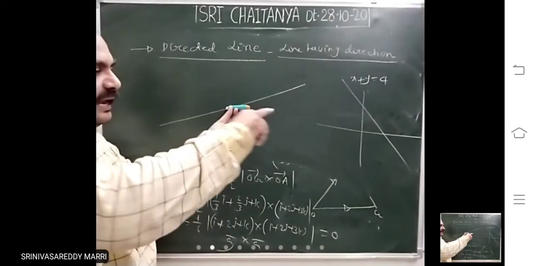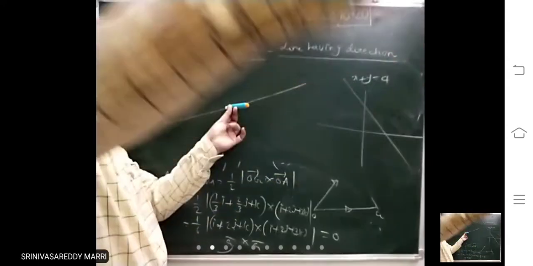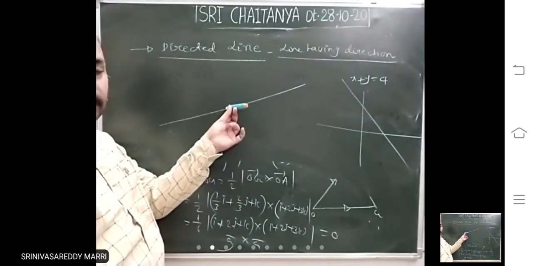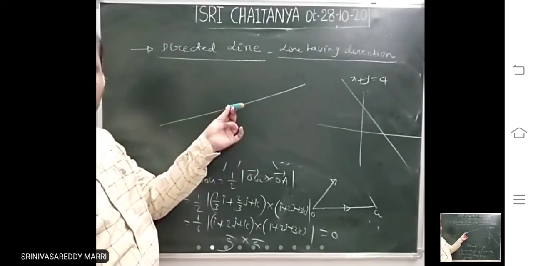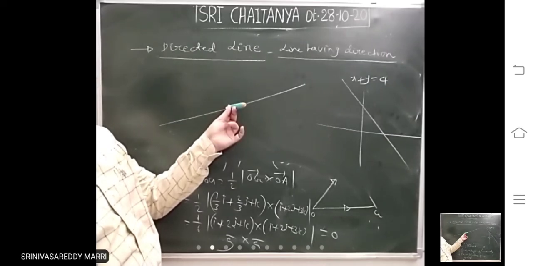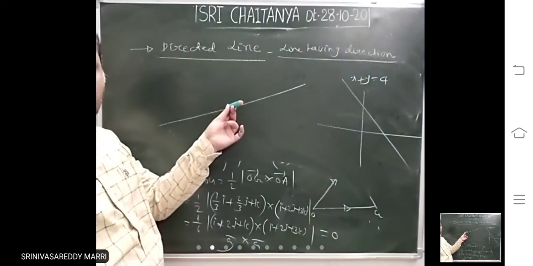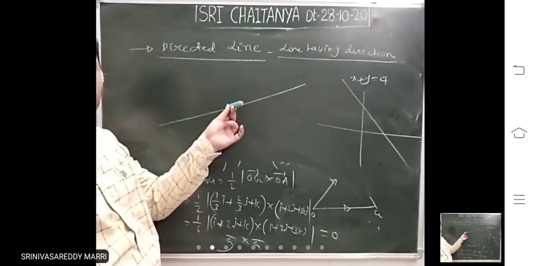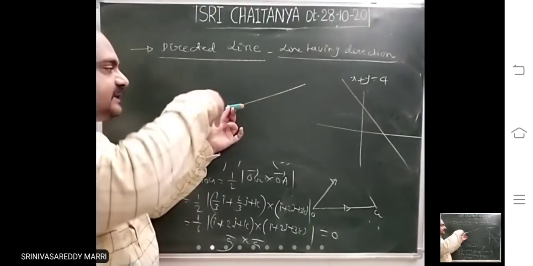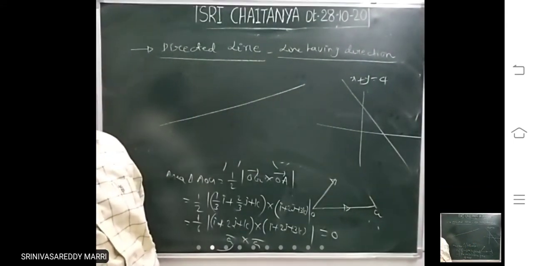Like this, the pen is limited, but actually it is an infinite line. The pen intersects your paper, that is your plane, at a point, and then part of the line will be on the opposite side of the paper also. It will intersect and then go to that side also. Such types of lines are called 3D lines.